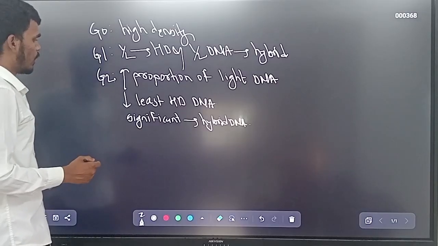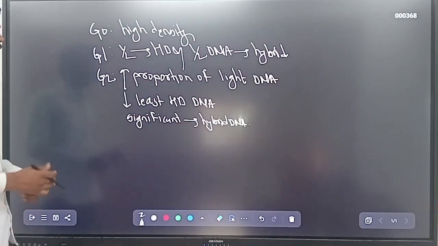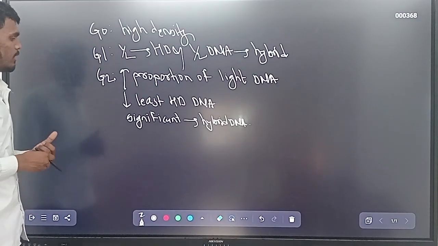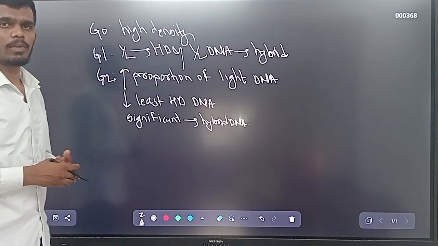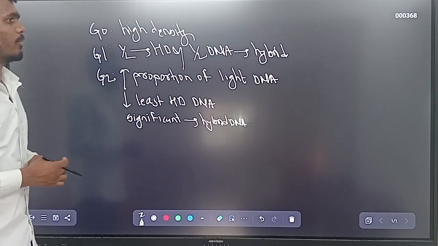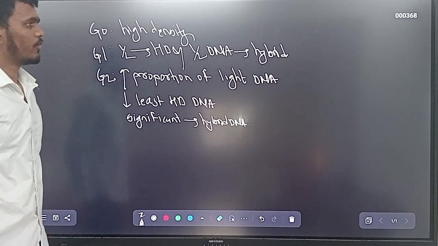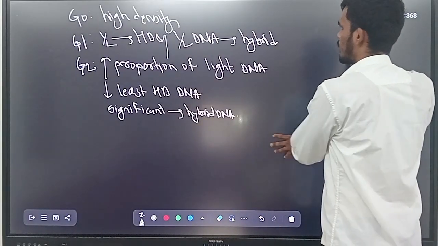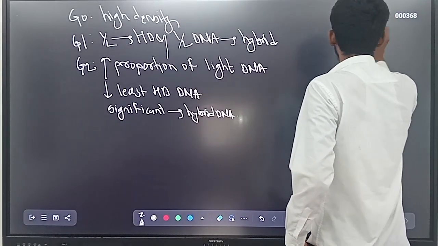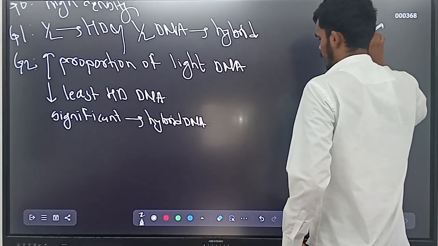And in G2 a higher proportion of light DNA will be formed, with the least amount of high density DNA